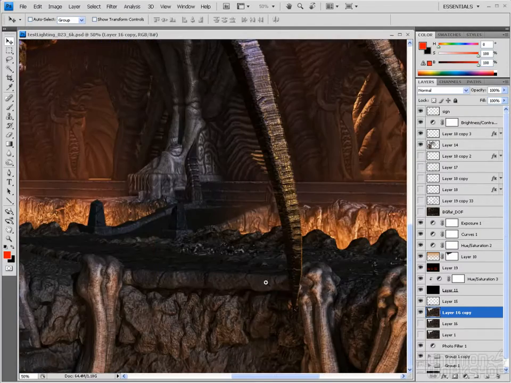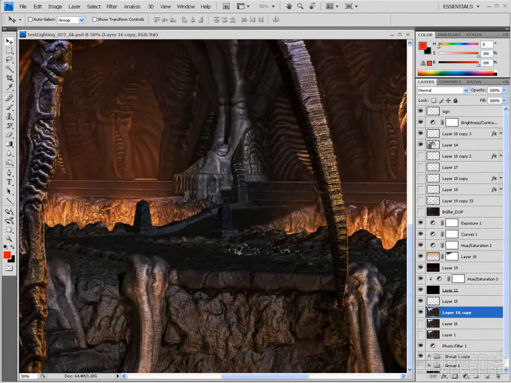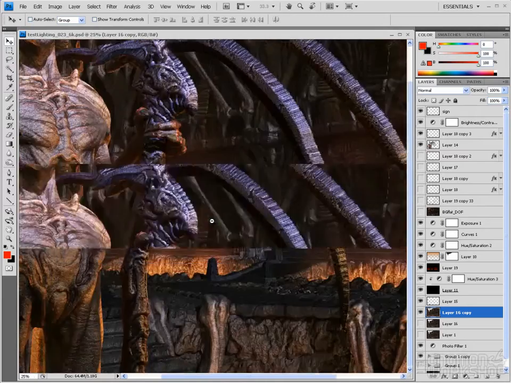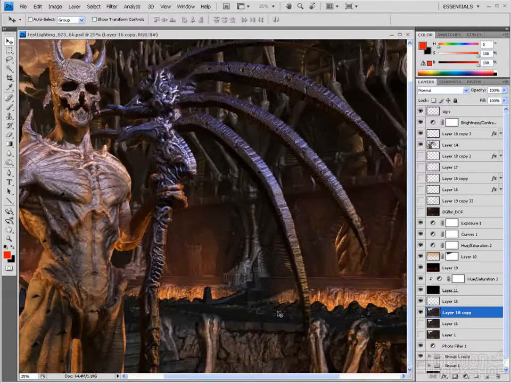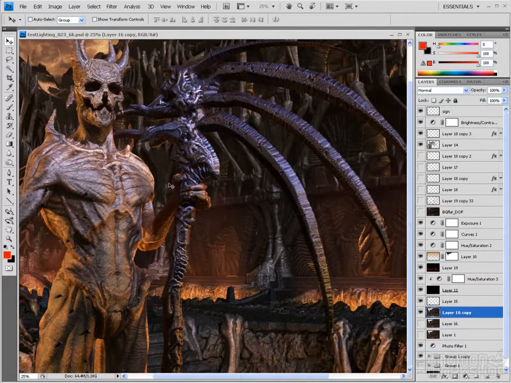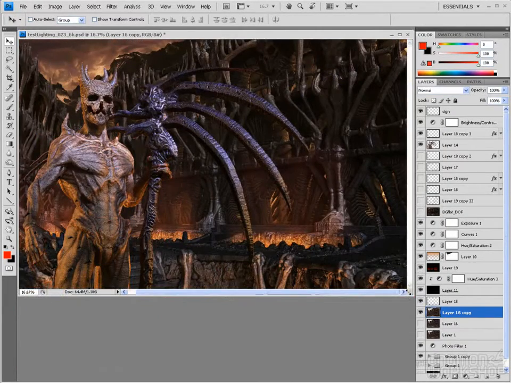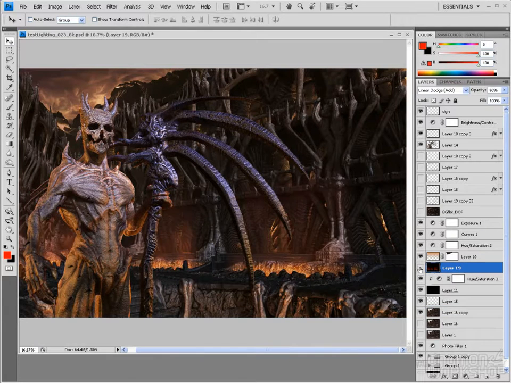I have at this point brought in some little bones and stuff into the scene. I can talk about that later, not a big deal. I just grabbed a skeleton and broke it up into a bunch of pieces and scattered them all over the place. And I did more of that after 23. But this layer right here is kind of important, layer 19, because that's the one you can see is taking